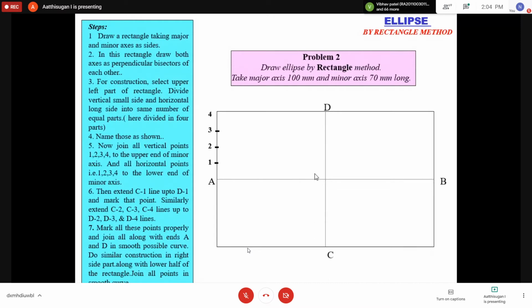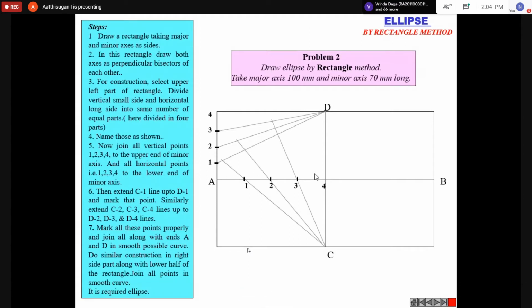into equal parts. Similarly for the bottom also divide into equal parts, then join the line from 1 to D like this. Then the second is from C through the first point to 1D. Similarly from 2 to D, 3 up to 3D, like this you can divide it. Then mark all the intersection points. Okay, similarly for this quadrant also. Okay, so this is for the ellipse.